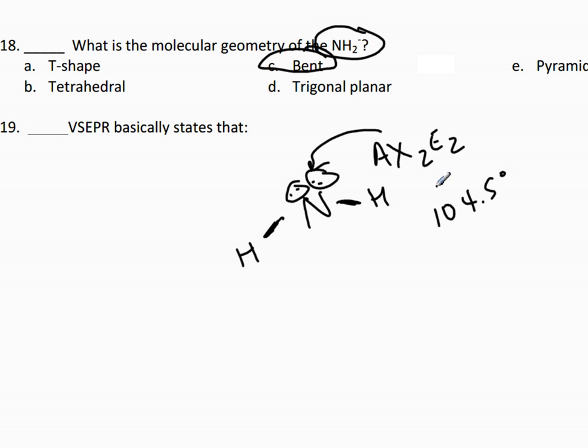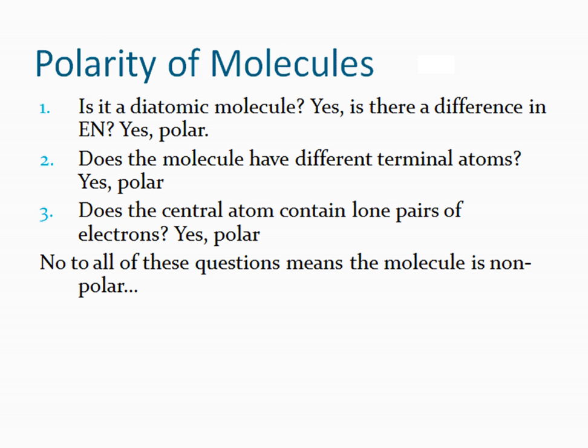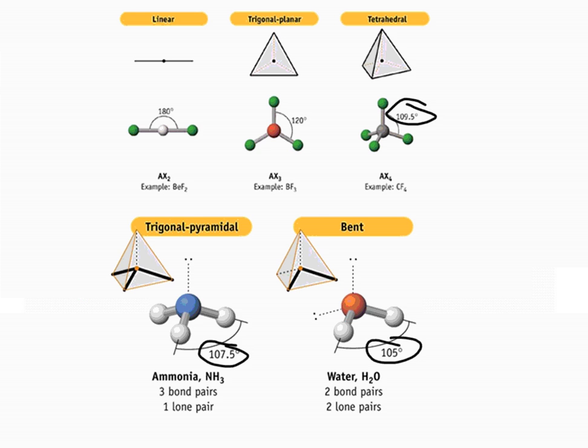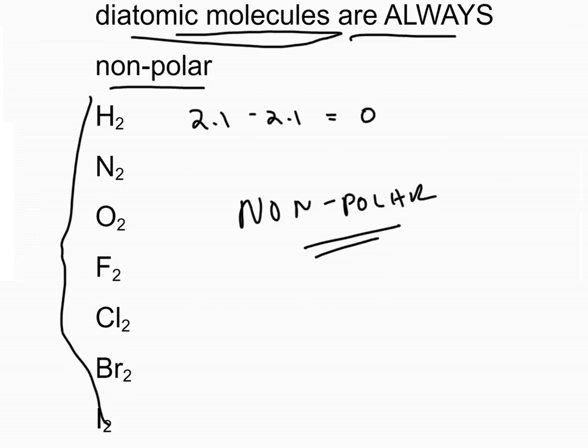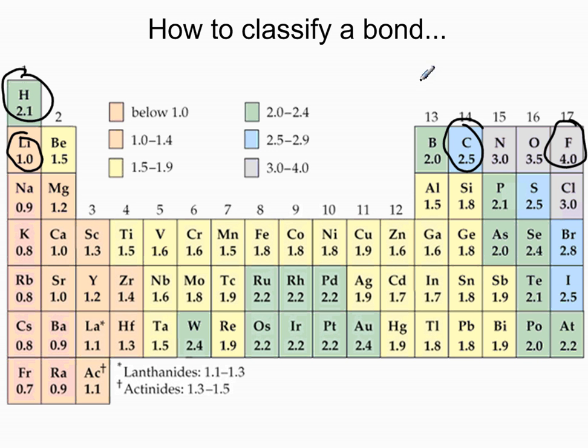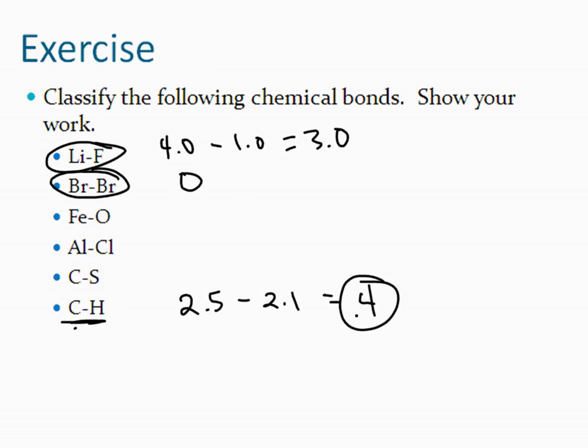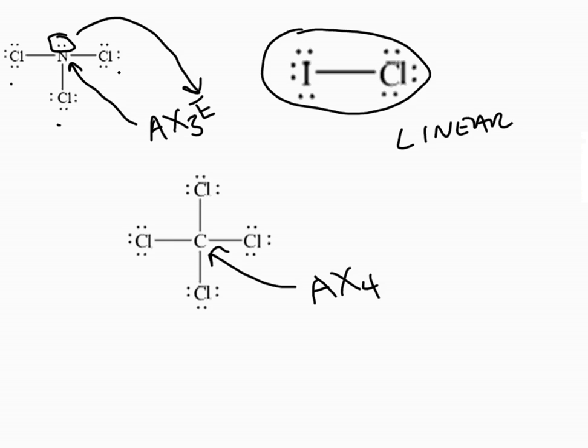Now, how do you determine if a molecule is polar? When it says the word bond, you've got to use the math. So if it says classify a bond as being polar or non-polar, it means use the chart. If it's asking you to determine whether a molecule is polar, we get that from looking at the Lewis structure. So the first thing is,